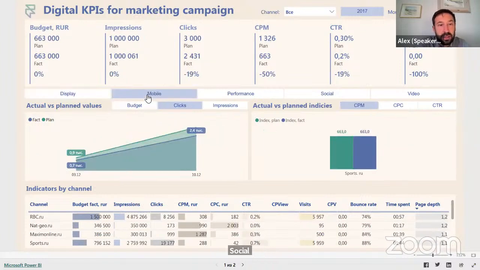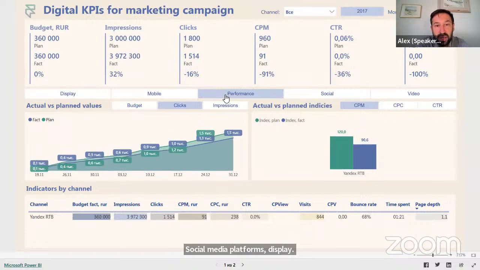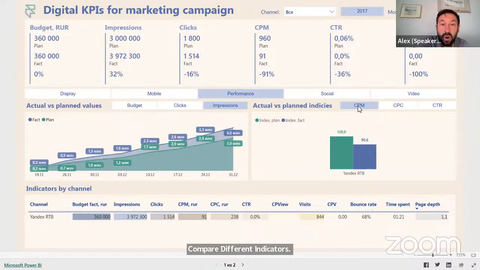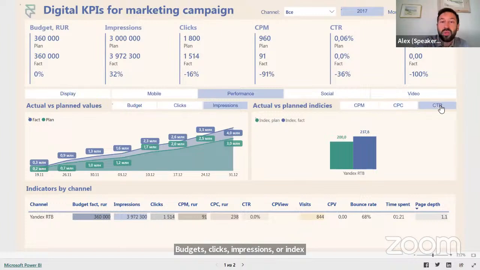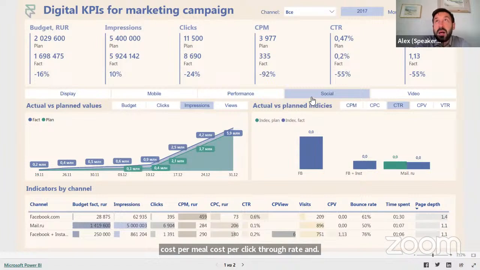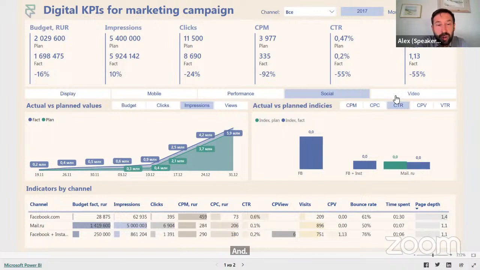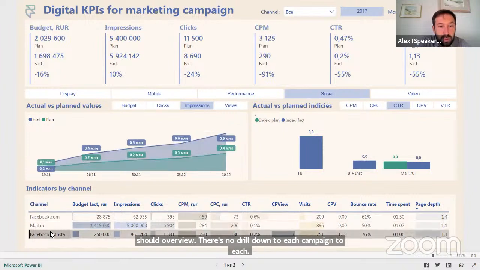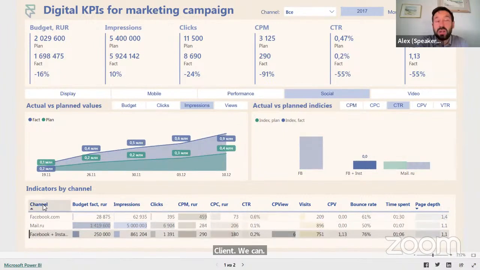We can compare different indicators, budget, clicks, impressions, or index indicators like cost per mil, cost per click, click-through rate, and compare different channels. That's how it works. Such an overview. There is no drill down to each campaign or each client. We can drill down through channel only.